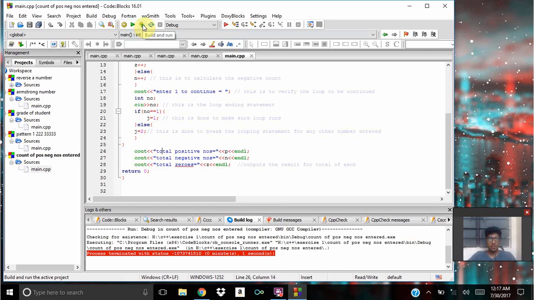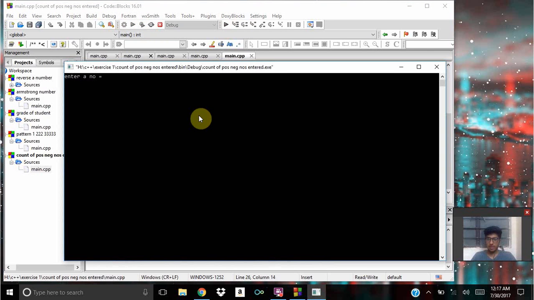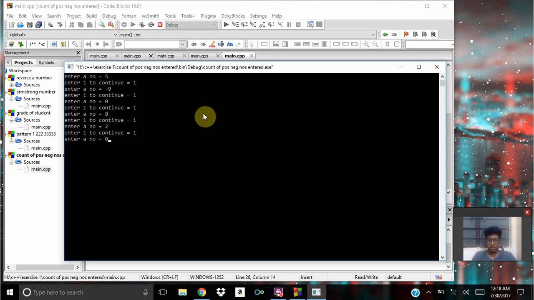We can execute the program. First, I have entered the number as 5, and now entering 1 for continue. Given negative 9, enter 1 for continuation, and 0, enter 1 for continuation, and given 8 again, enter 1 for continuation, and 2, enter 1 for continuation, 0, 1 for